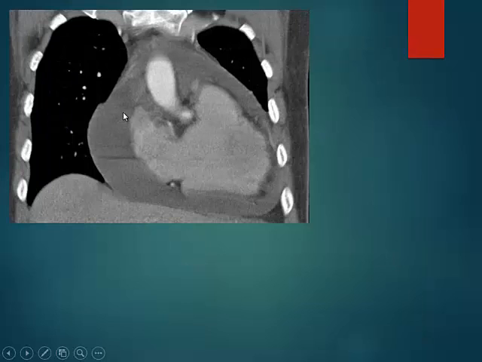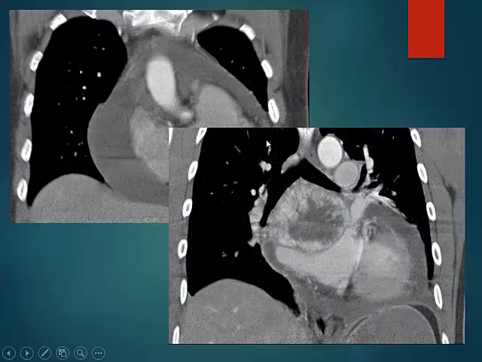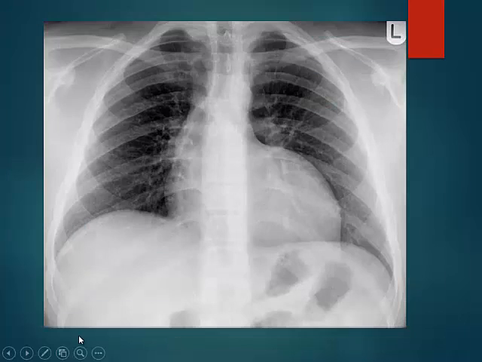You can see fluid in the pericardial space all around. And the cause of this was lying just behind the heart, this large tumor in the subcarinal region posterior to the left atrium. This large tumor is causing the pericardial collection. Okay. This X-ray here,